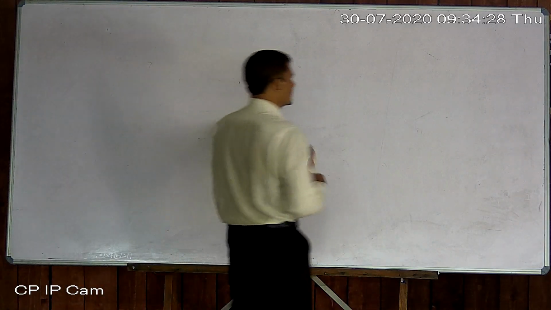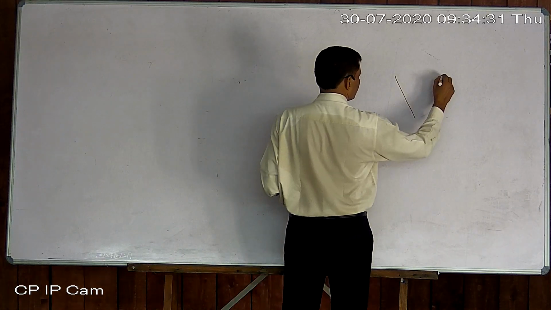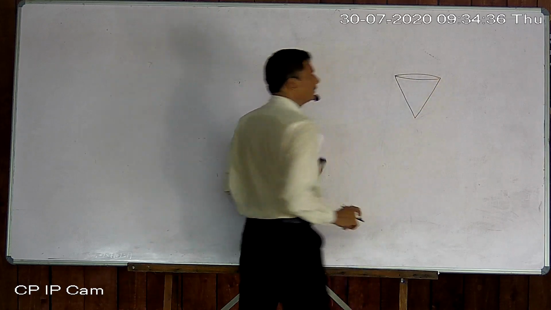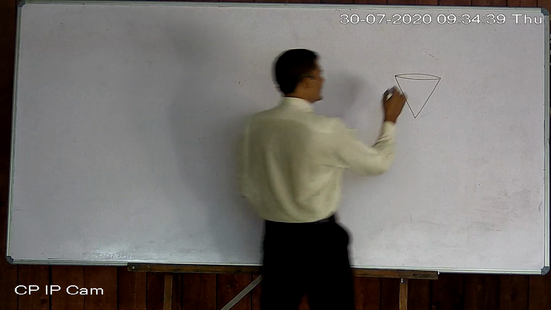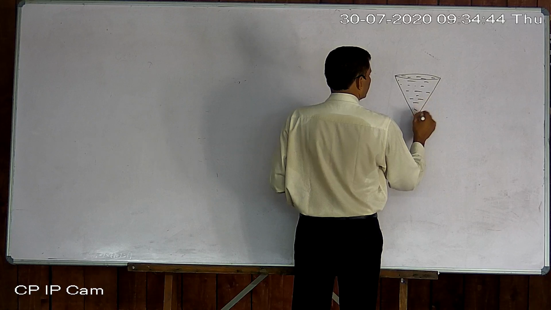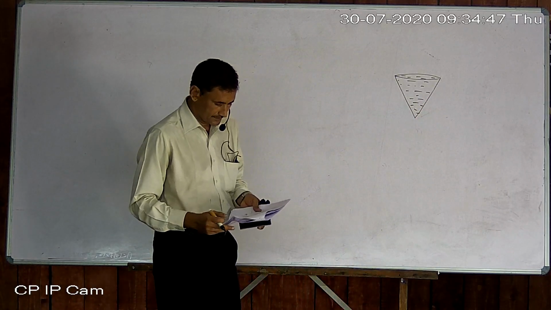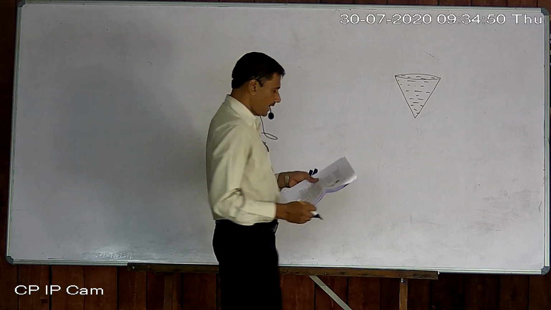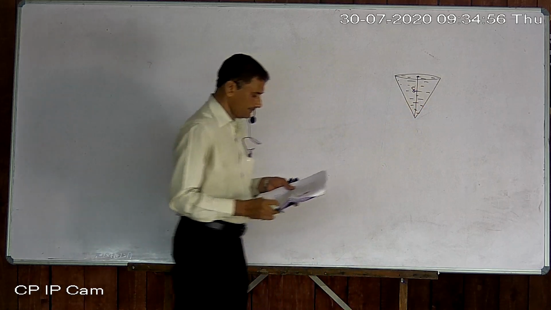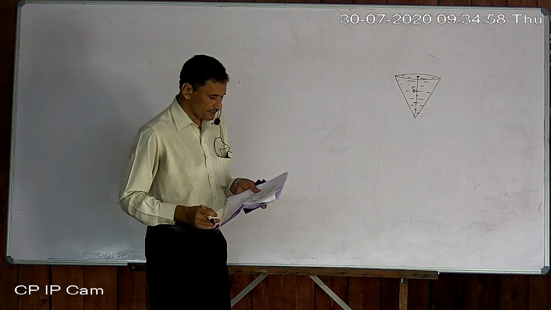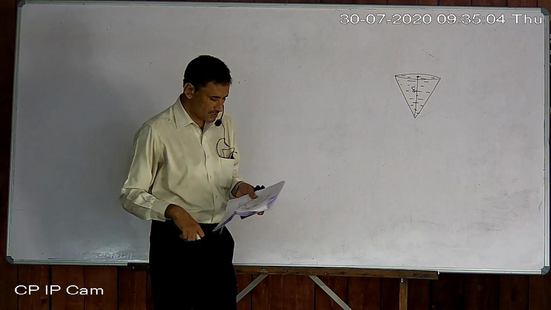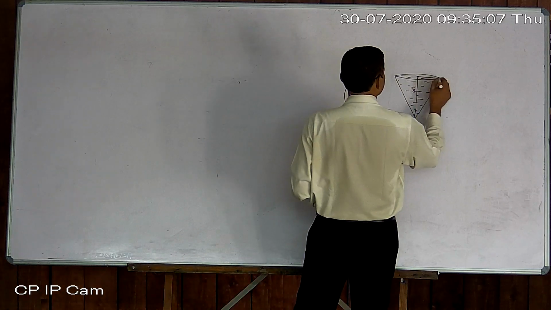Inverted cone means, you know, this. Now it is completely filled with water. Its measurements are given. Height is given as 8 centimeters. And the radius of its top, which is open, obviously the top must be open so that we can fill the water, is 5. So this is 5.